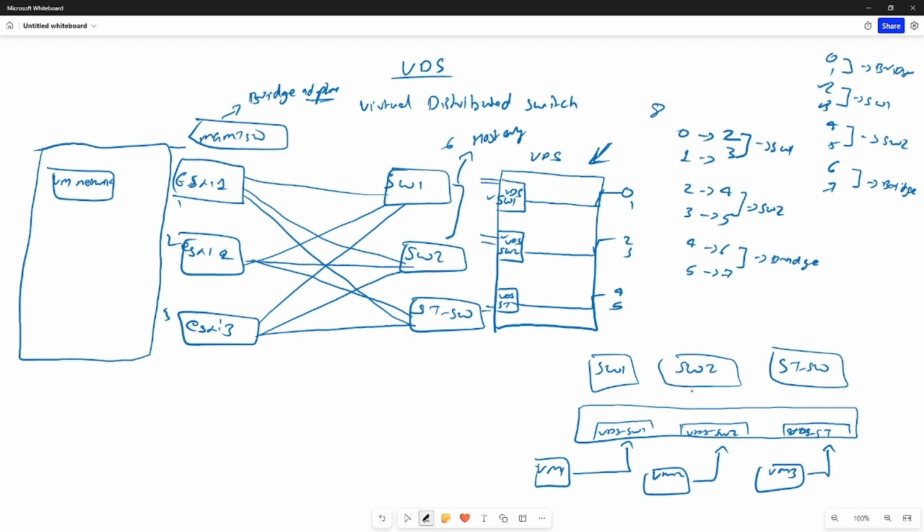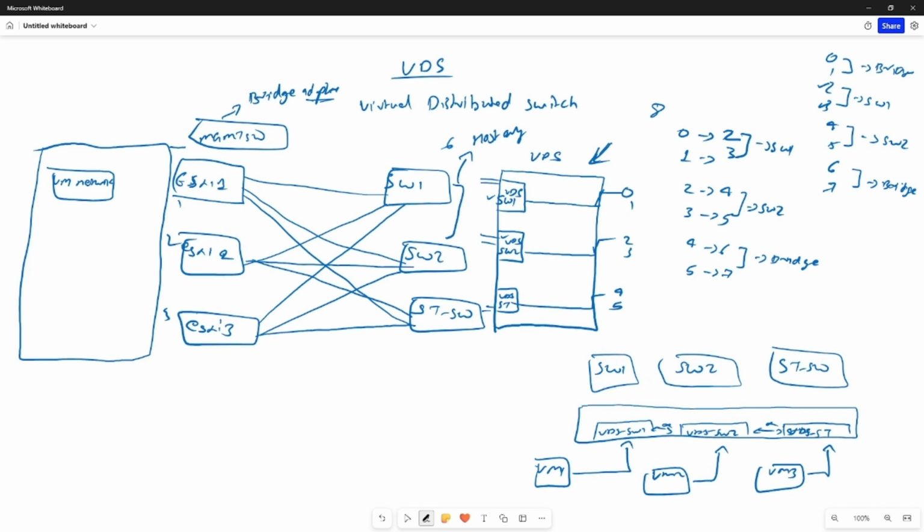So even if I mix all the uplinks together and all the port groups have access to the uplink, still one port group cannot communicate with another port group. So vCenter's virtual distributed switch will stop the communication between any two port groups. So my intention over here is just to map properly so that when I connect,